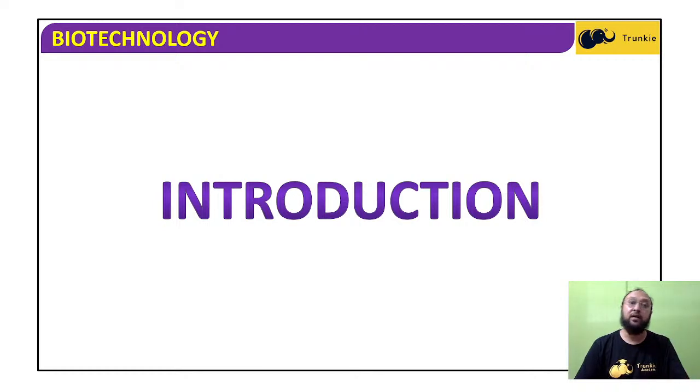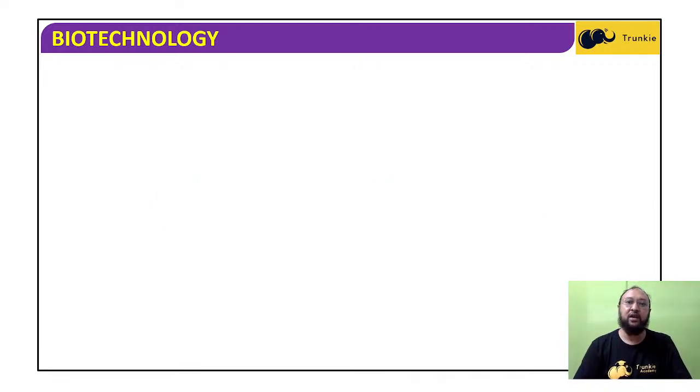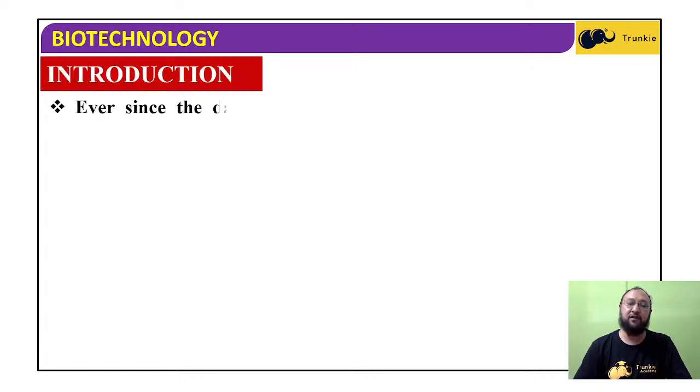This is one of the important topics, and some students try to avoid this chapter, but it is an important chapter. Biotechnological principles and processes, and apart from that there is another chapter called biotechnological applications. Both these chapters are important, and starting with biotechnology principles and processes, first we start with the